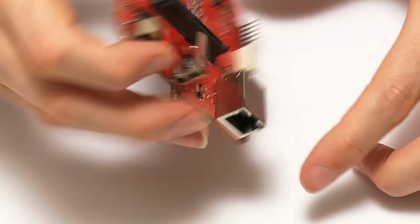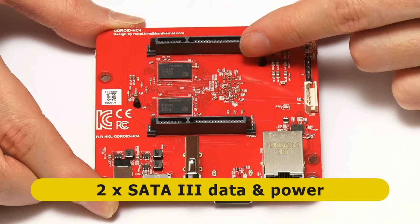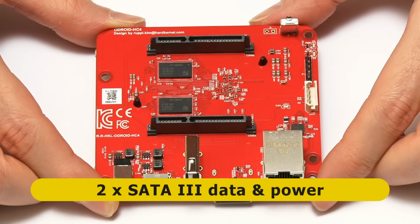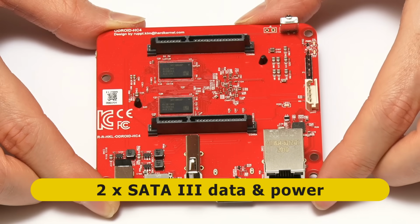Anyway, let's turn the board back the other way up because we've got very exciting things on the top of the board. Not least, we've got the 2 SATA connectors. These provide SATA power and data, and as we've seen, we can plug drives directly into these connectors, but you can also use cables to plug drives in to these, and that's what we'll be doing in the next segment